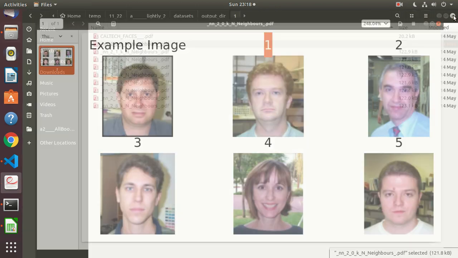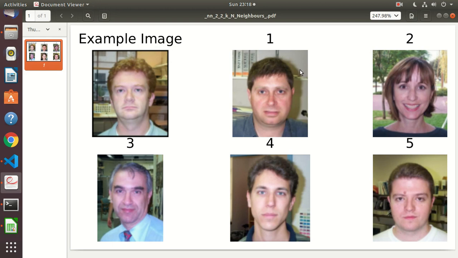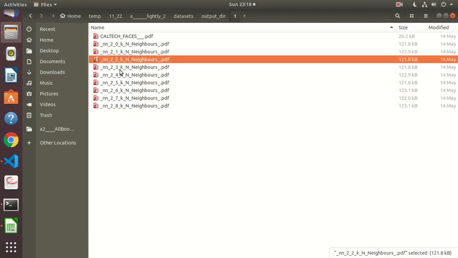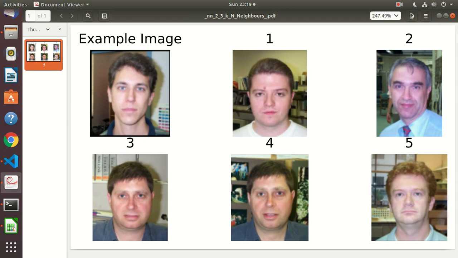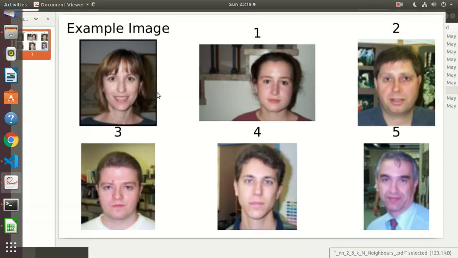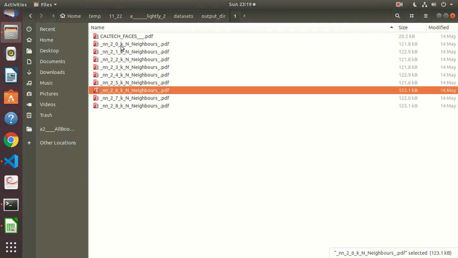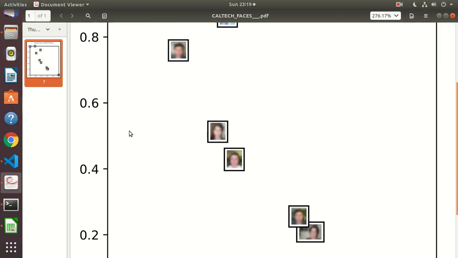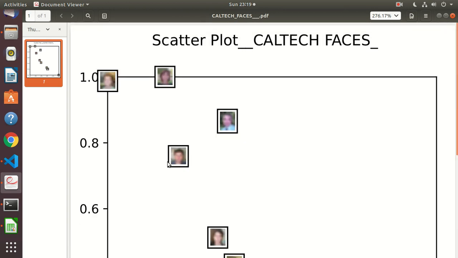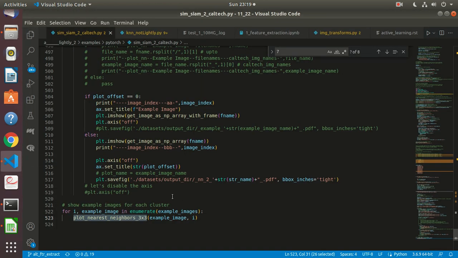And similarly, you see all of these are failing. As far as I'm concerned, all of these failed. And this happened with the lightly code. This happened with the lightly SimSiam Siamese network code, right? So either I messed up something over there. So this is their first initial code which plots the distances, the scatter plot, and this is their code, right? So either I messed up, or these images are a difficult set for this particular code example,